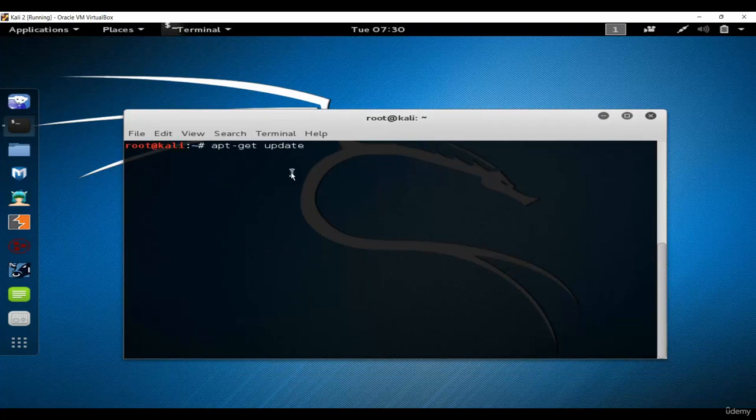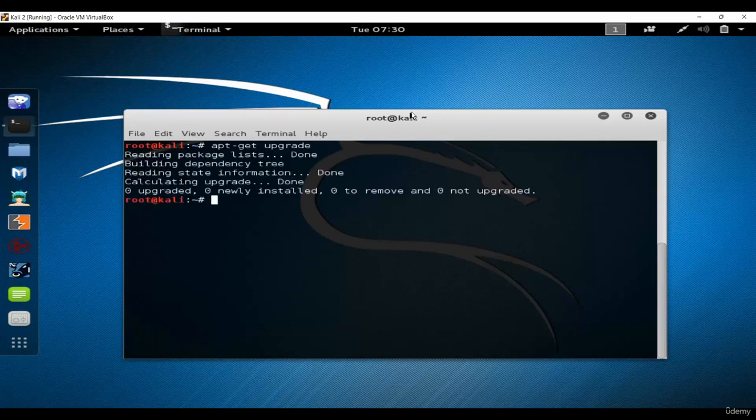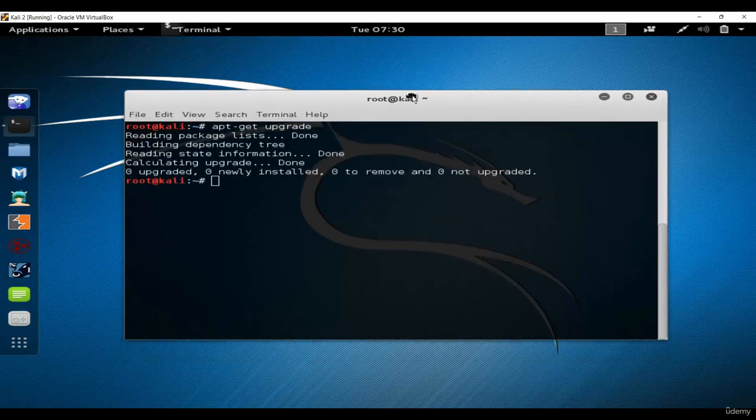Okay, once you get the update, you can use the command upgrade. Okay, and when you hit enter, it will upgrade all the software which we have downloaded or installed previously. Okay, right now it says 0 upgraded, 0 newly installed, right? Then another command would be